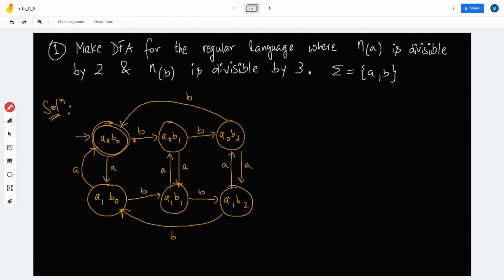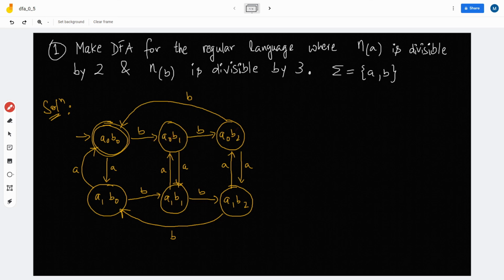Now let's see another path. First we'll go 1 B, so it will be A0 B1. Then if we take another A, it will be A1 B1. Now if we take another A, then there will be two A's and one B, but we have to select the state where the number of A's is divisible by 2 and B's is divisible by 3.